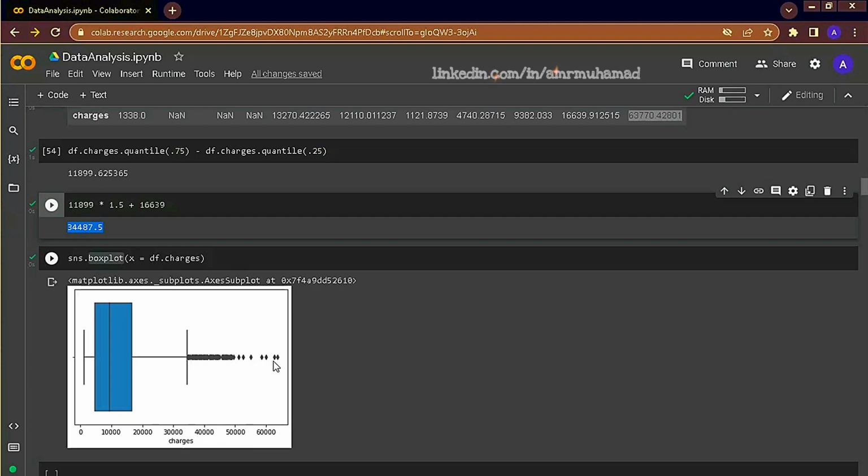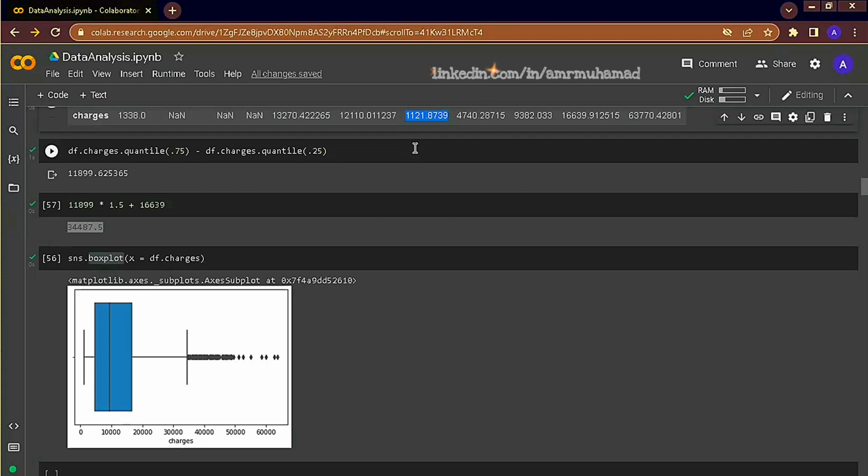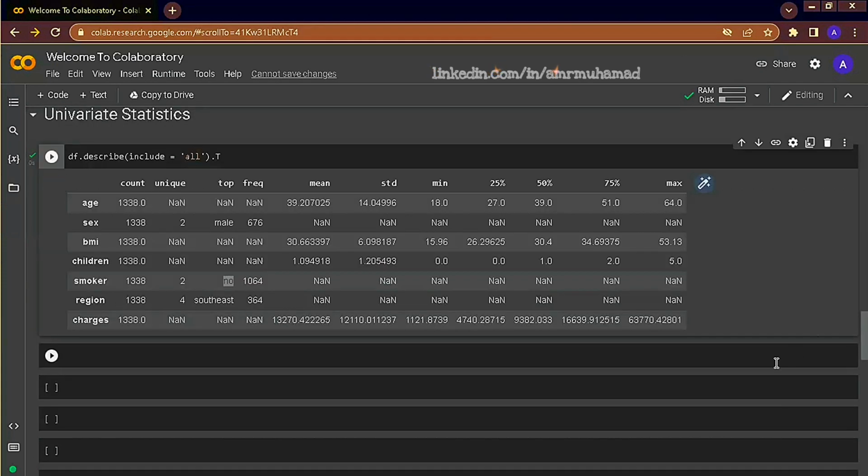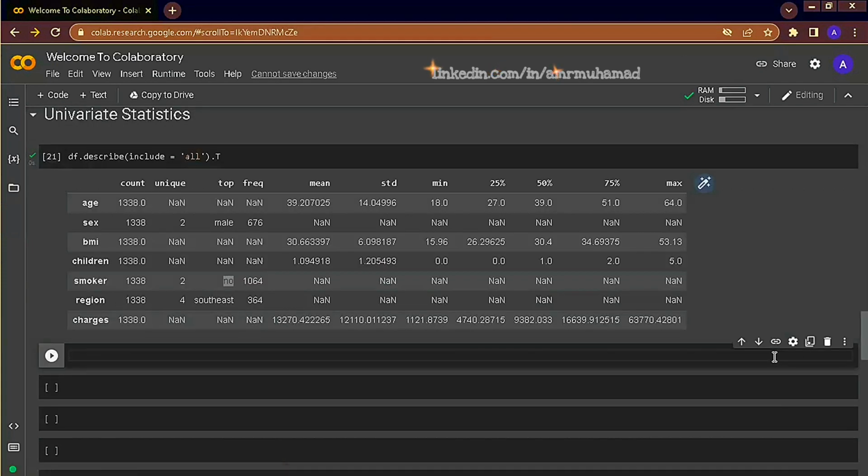One final thing to note is that it's not necessary that whiskers extend to 1.5 times IQR. If the max and min points are less than 1.5 IQR, the whisker extends to the max and min points, then stops. Now, if we want to visualize these statistics instead of running the describe function, we can do this easily.